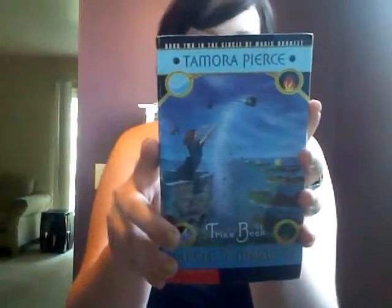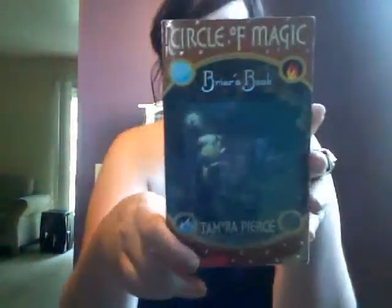Triss's book, which is number 2. Daja's book, which is 3. And Briar's book, which is number 4. So I'm looking forward to these. I have heard good things about those before, and I love the Song of the Lioness series and The Protector